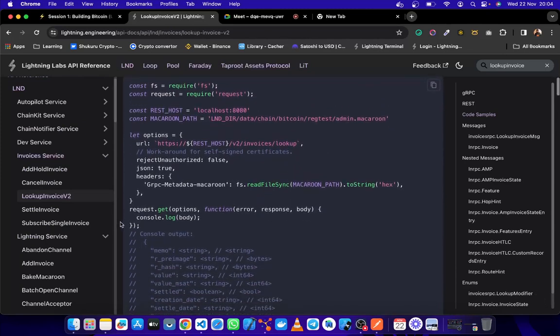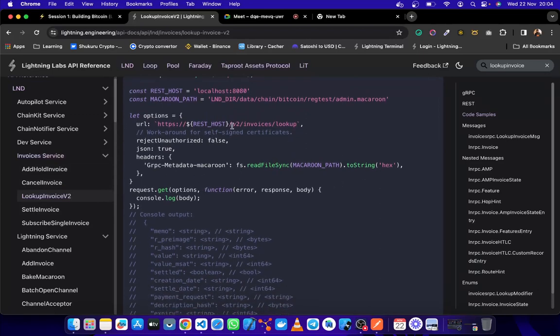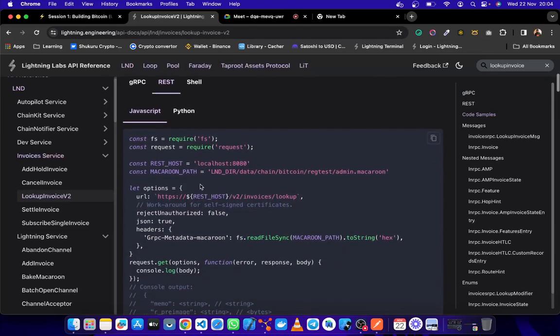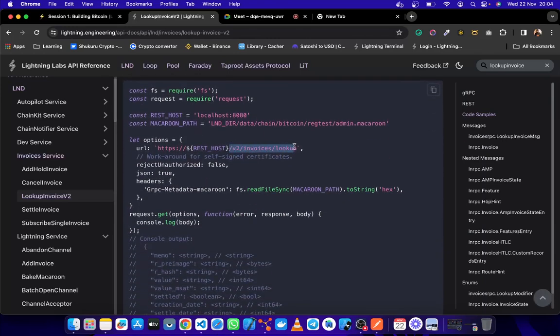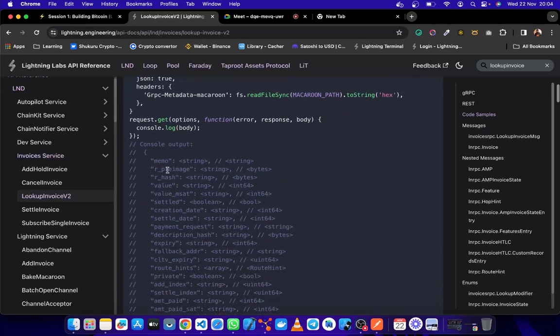You will have to go through a lot of these endpoints and try them out. So this is version 2. So we have v2 invoices lookup. I don't know what the shell command for that is. This one even doesn't have the shell command. Okay, let's try this. This is v2.